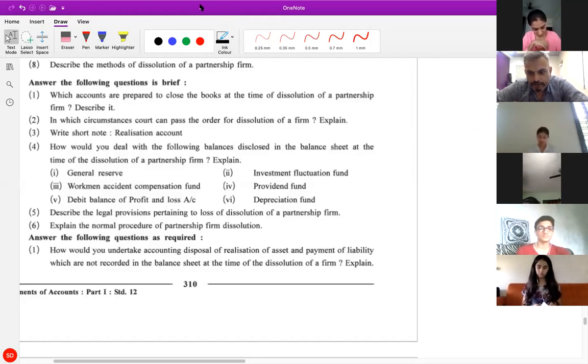चलो फटाफट अनम्यूट करके आंसर दो। Distributed between partners. It will be distributed between partners. Now in what ratio, Umesh? Profit sharing ratio. Sorry, what ratio? Profit sharing. प्रॉफिट शेयरिंग रेशियो। ओके। प्रोविडेंट फंड का क्या करेंगे हम? क्या प्रोविडेंट फंड पार्टनर्स में? Record in liability side. It is a liability, so it will be closed and transferred to realization account. Okay.